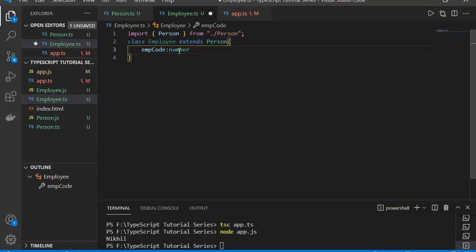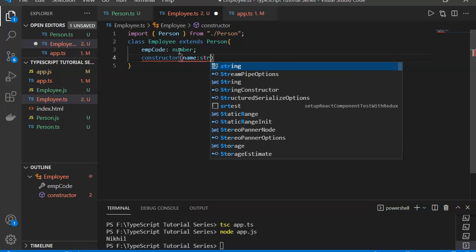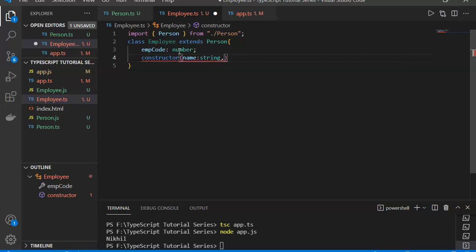Then we need to call the constructor again. It will contain the name, which is from the parent class, as a string, and the employee code as a number. Then we need to call super, and super will receive the name.